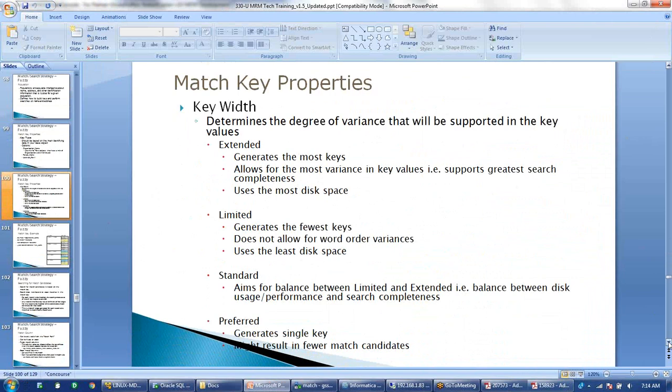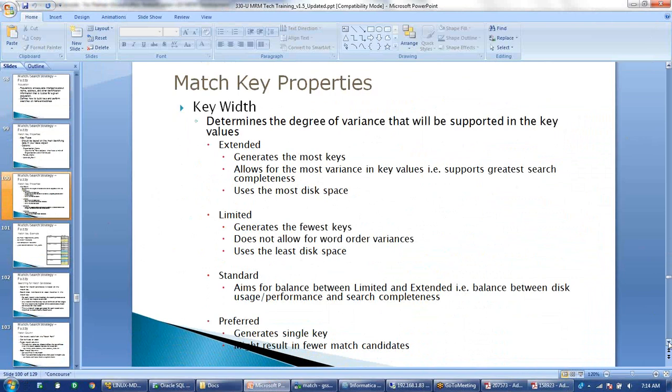Once it is generated, it is put in a table which is called a STRP table, or strip table, which is again associated with a base object. Once it is generated, it always uses that STRP table for matching the data.